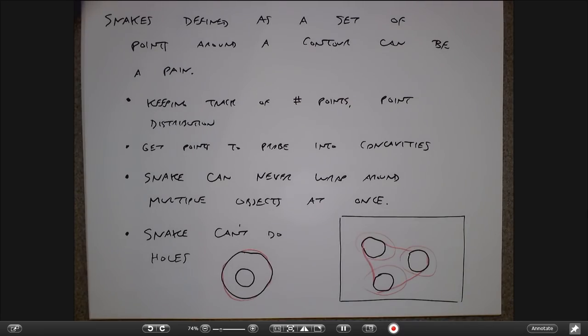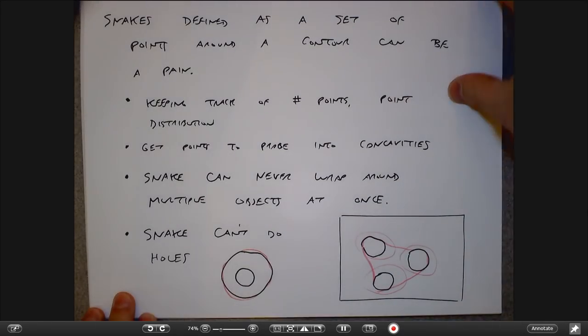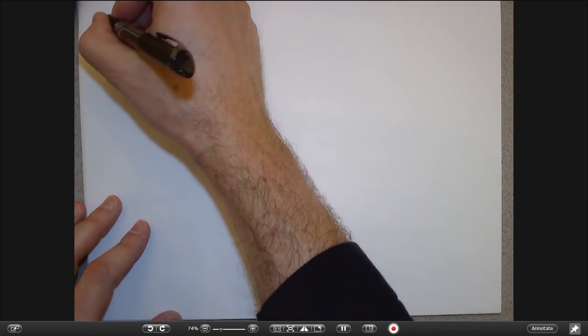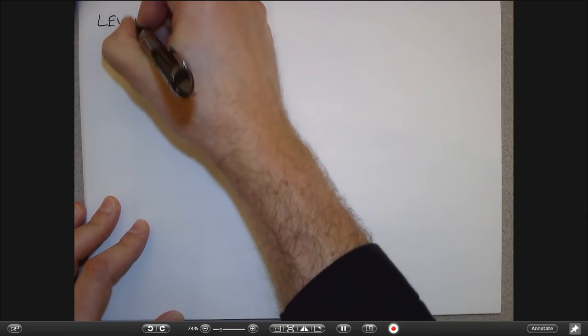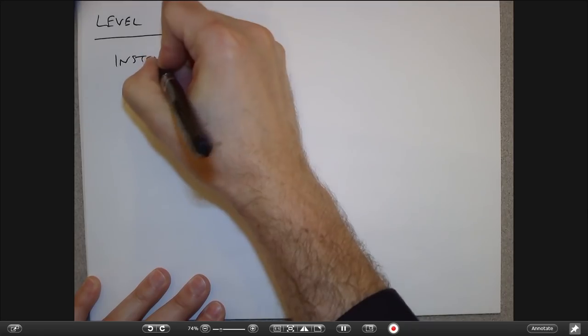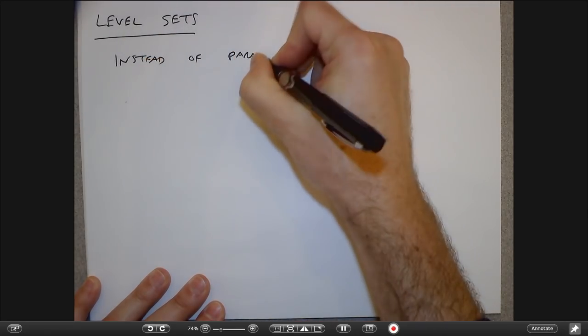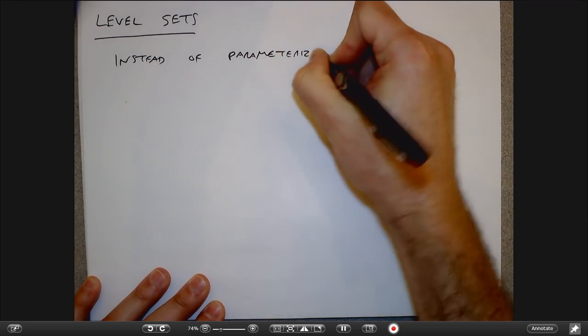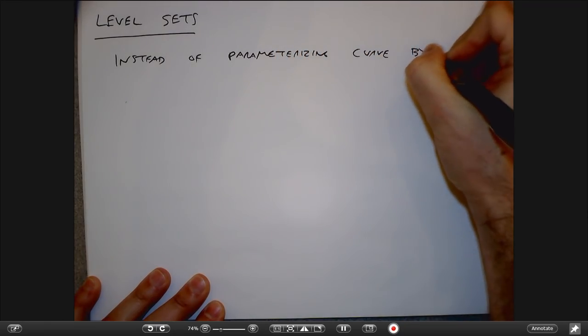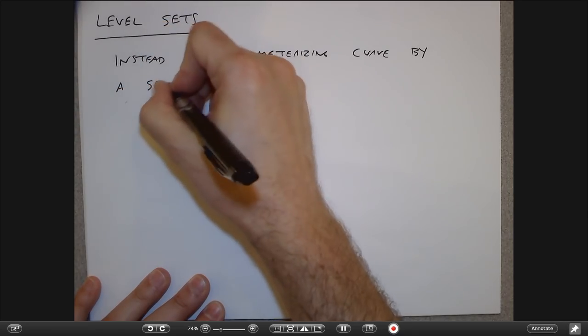The solution is what's called a level set approach. And this is a pretty slick idea. I would say that fundamentally, if you're doing snake active contour type stuff now, you're going to be doing it with level sets, not with the things I showed you earlier. So the idea is that instead of parametrizing the curve by a set of ordered points,